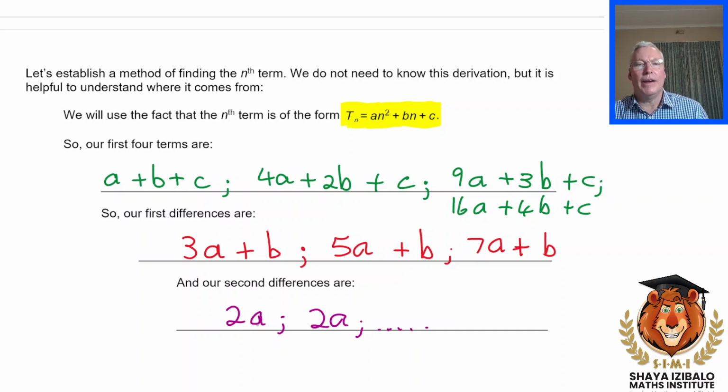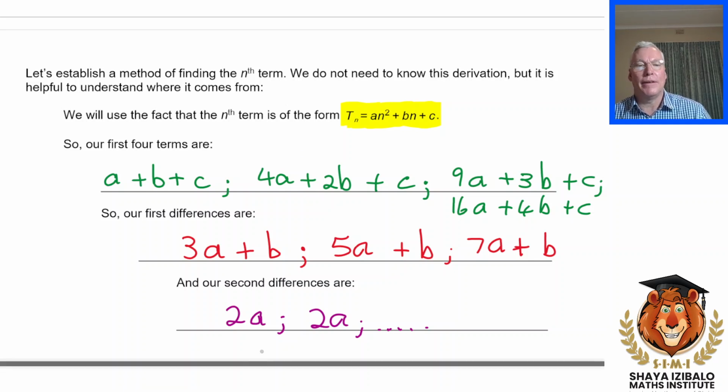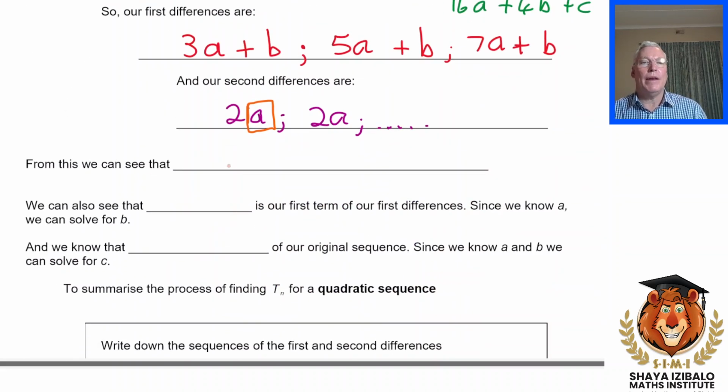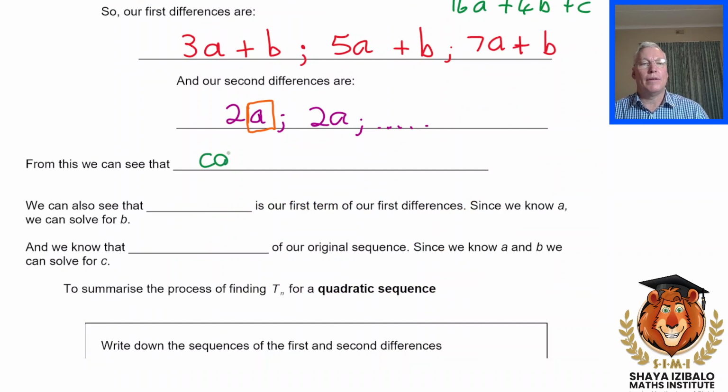Now this a over here, let's just underline it, put a kind of orange box around it. Okay, this a is the same as this a over here in our formula. So if the second difference is 2a, then we know that, okay, let's just write this down. We can see that the common second difference